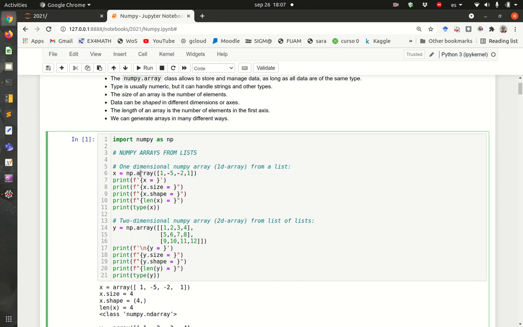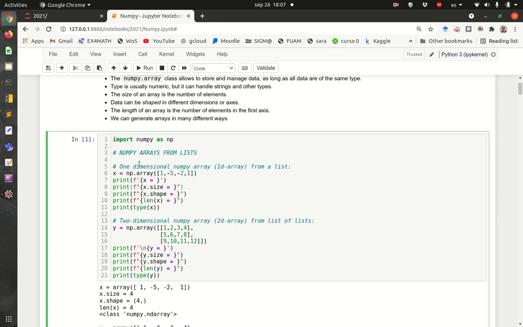Then between round brackets, parentheses, we input the list. This is the list that is going to make the new array, and the elements of the array are going to be exactly the same elements of the list. So let's see what happens when